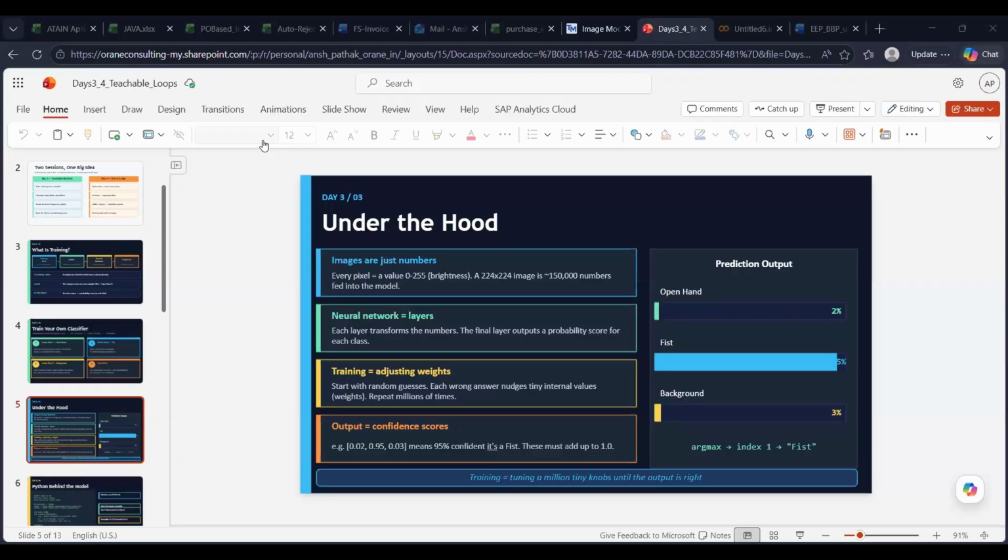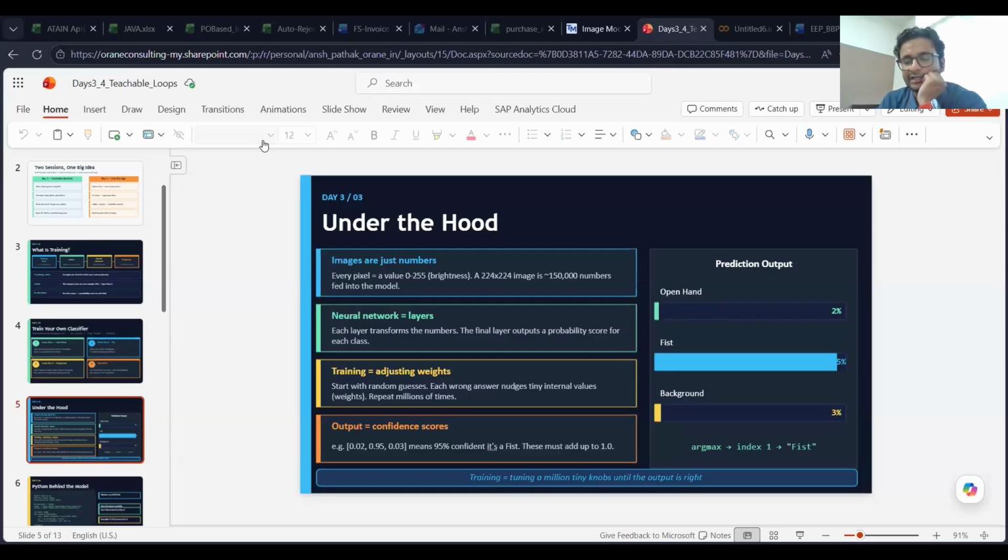Okay, sir. Because, as I told, images are converted into vectors behind the scenes, because the computer doesn't understand images by default, right? So we have to convert them into numeric form, so that probability can be calculated from it and mathematical calculations can be performed on it as well.